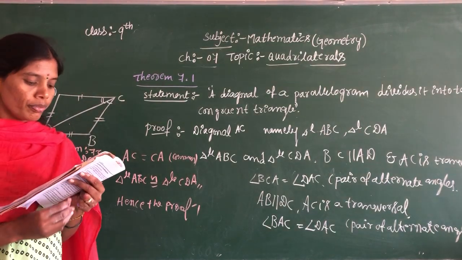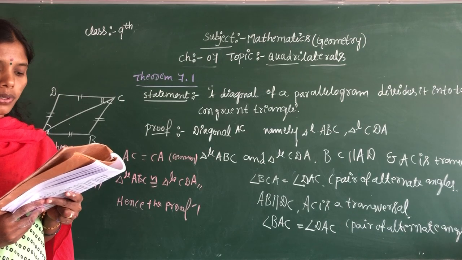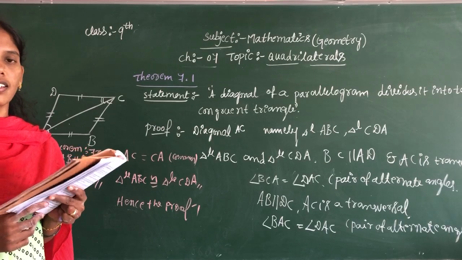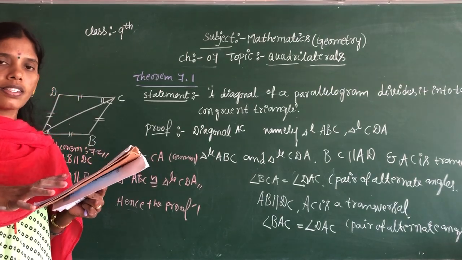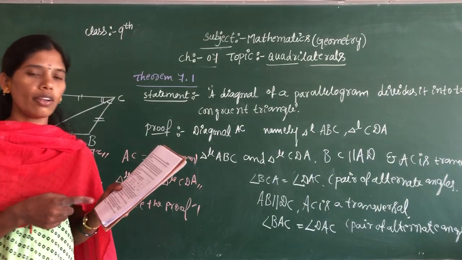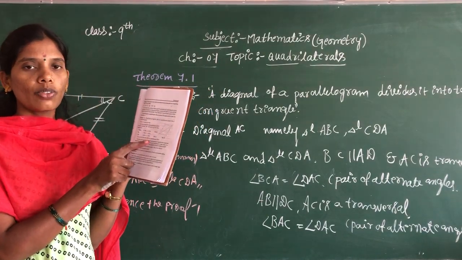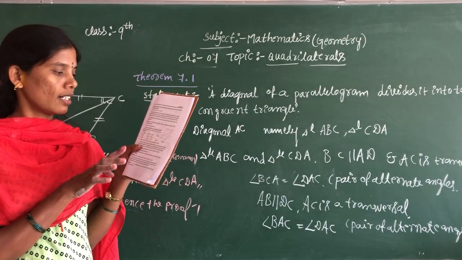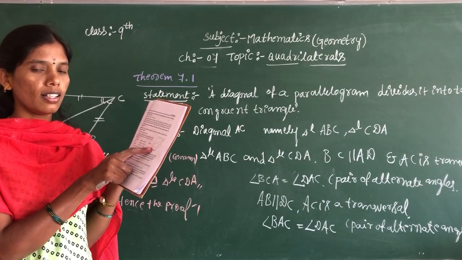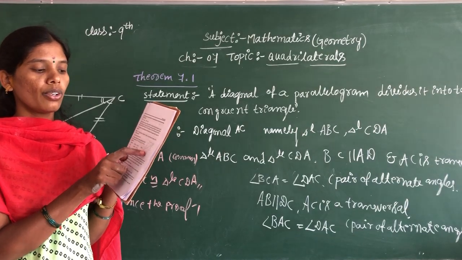Okay, let's move to theorem 7.3. If each pair of opposite sides of a quadrilateral is equal, then it is a parallelogram. Yes children, so if opposite sides are equal, this is one of the parallelograms, isn't it? Yes, this is one of the parallelograms. Already draw that parallelogram, children. You see children, ABCD is a quadrilateral like a parallelogram. Side AB and DC are the parallel sides, meaning AB is equal to DC and AD is equal to BC.